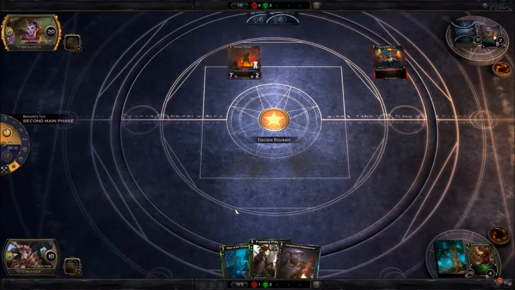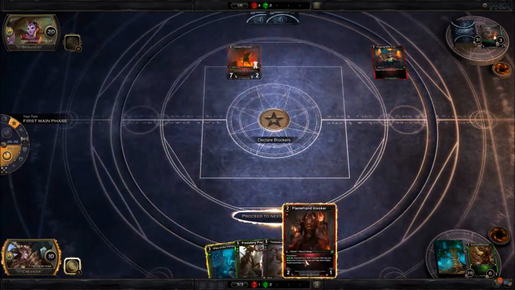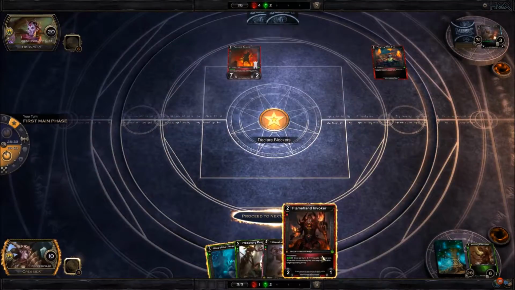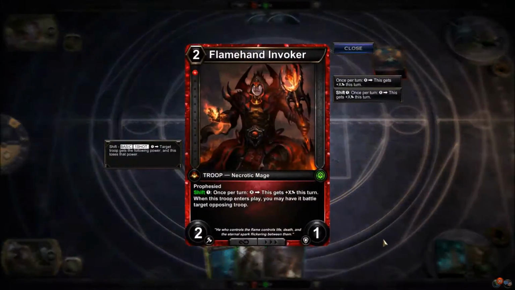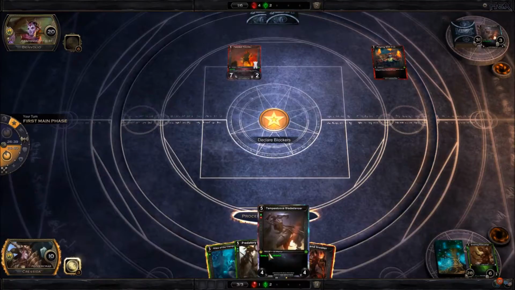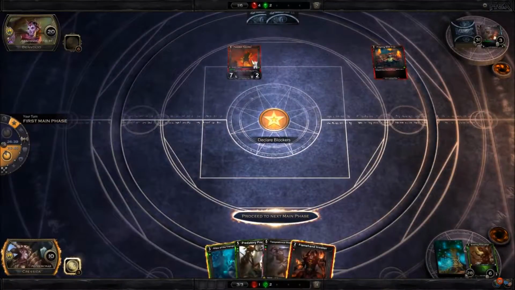But we're gonna two for one ourselves there. So we can put this into play and have it battle. That's actually not too bad to do it that way. My mana really sucks. This has defensive, so it can't attack, so I might as well...